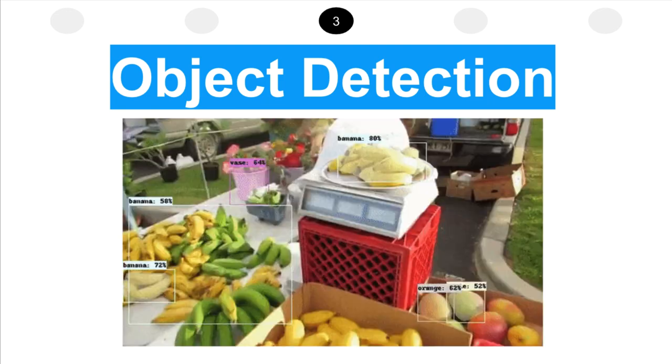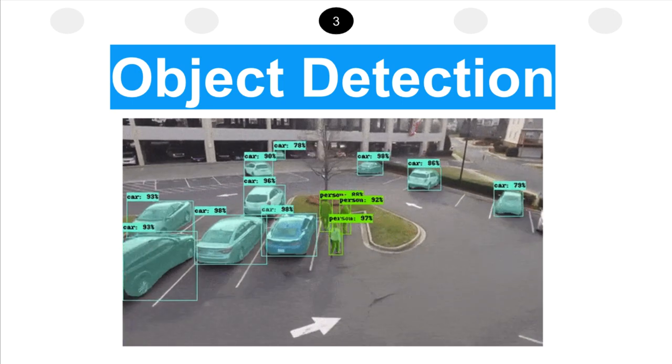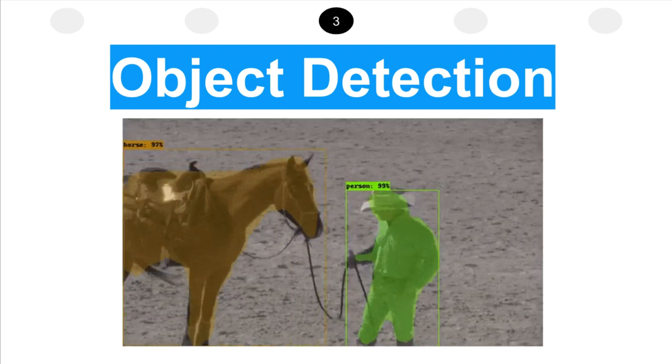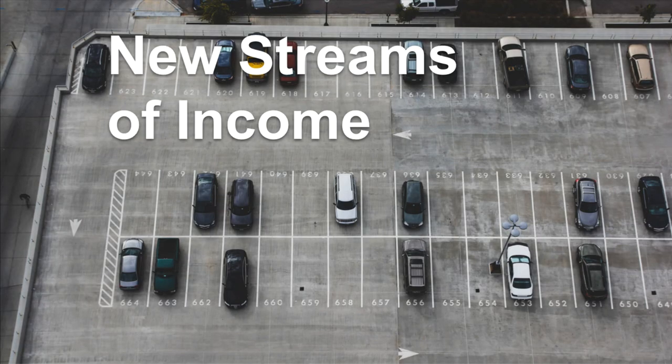Next, object detection uses computer vision and image processing to detect objects in images as well as in videos. Let's see how we can leverage it for a grocery store. Now you're probably wondering, how is a picture of a parking lot any use to our business? Great question. Let's see if you can figure it out.